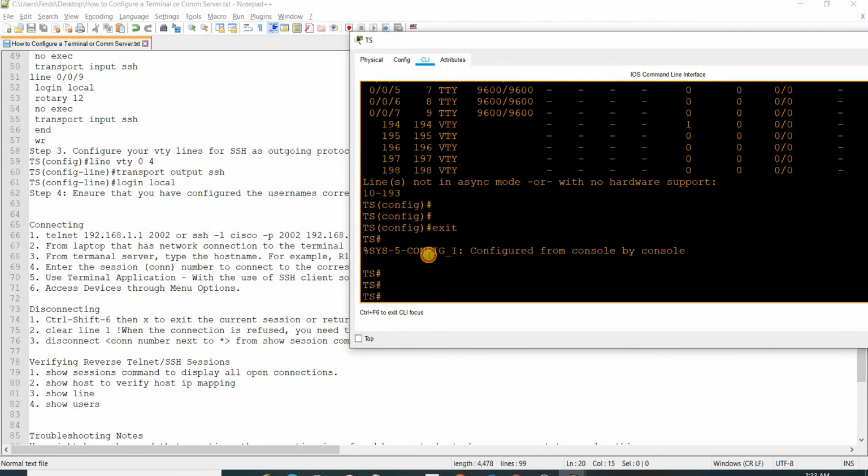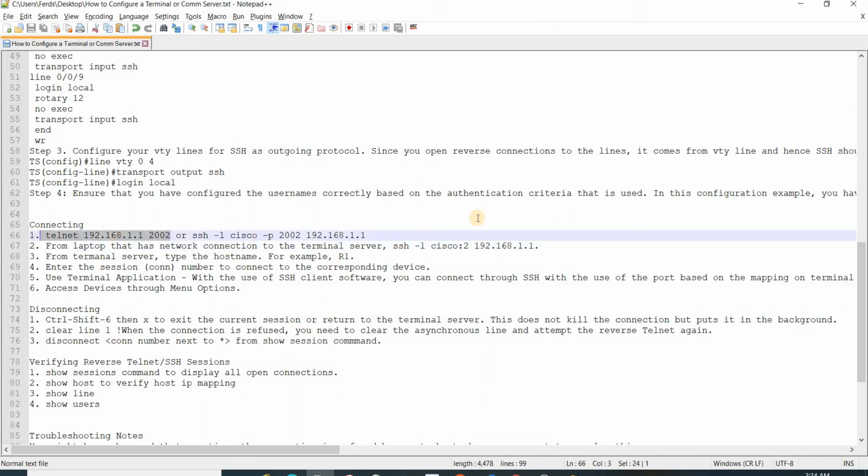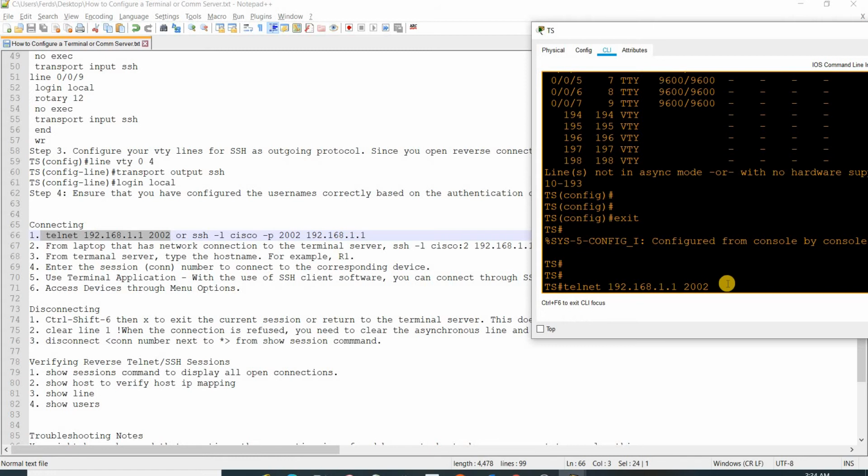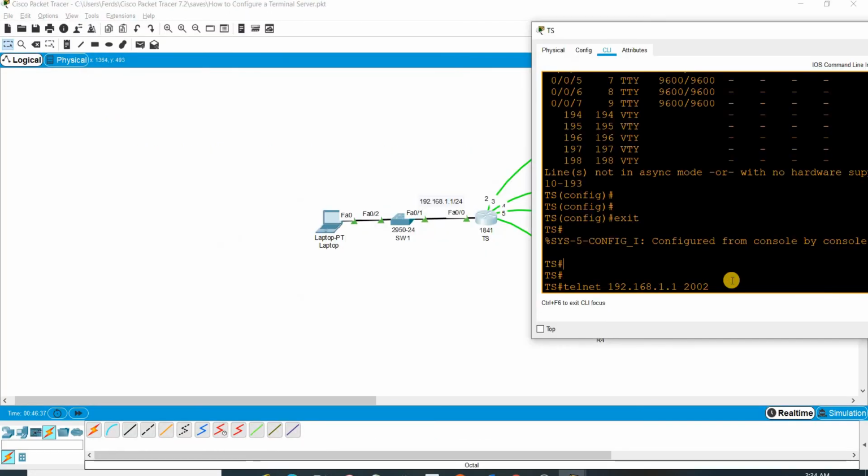In our example we can use telnet 192.168.1.1, and then the port is 2002, and that's it. You can use that, and we expect that this should connect to R1,